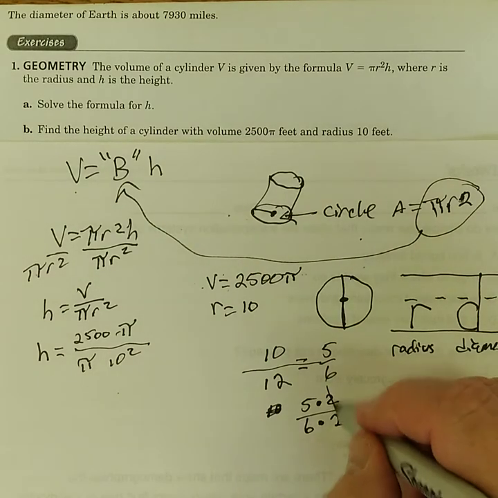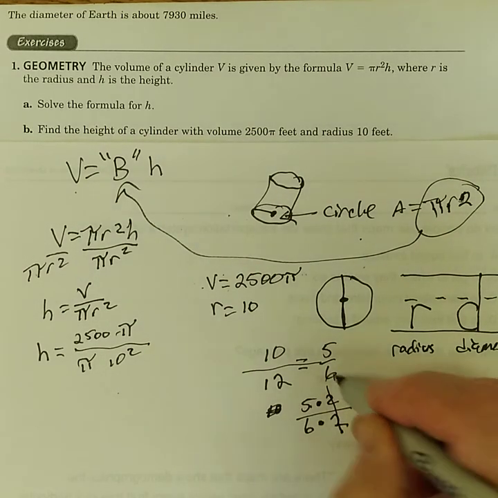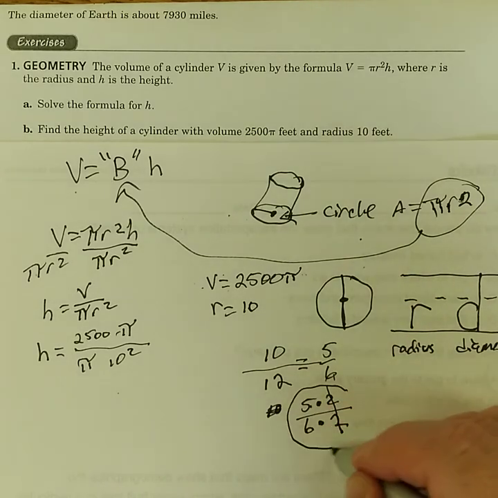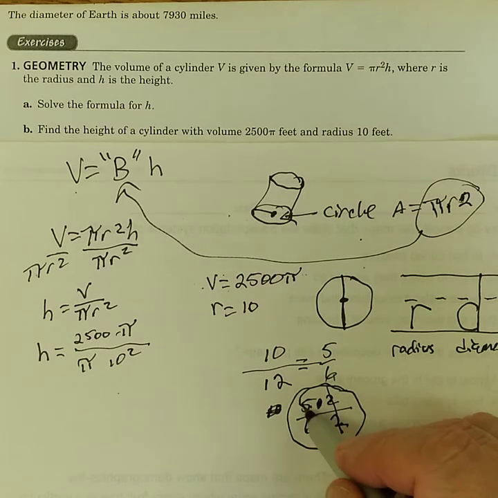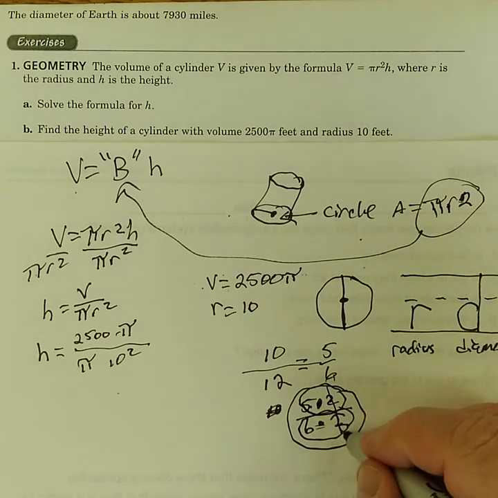So we can cancel out the 2's to get 5 over 6. So what I am saying is when you have something on top that's the same as the thing on the bottom and it's timesing, not adding or subtracting, because those are two different terms. This is all one term and this is all one term. Okay, so when you have multiplication and you have the same thing, you can just cross it out,